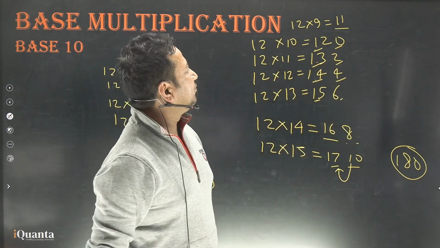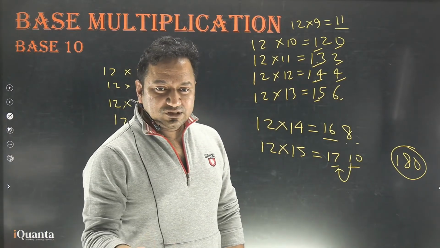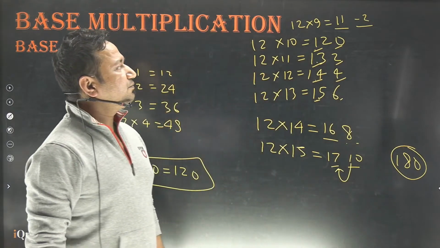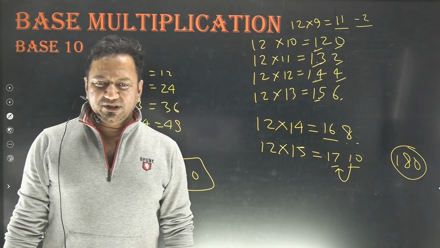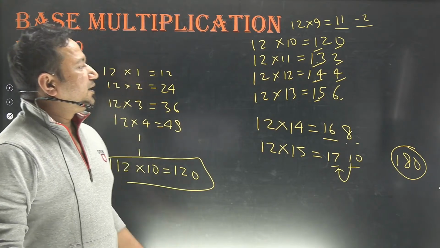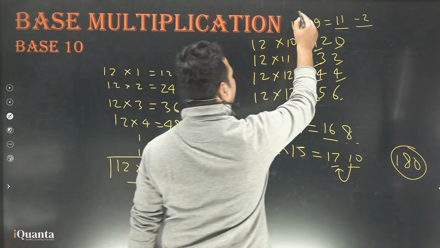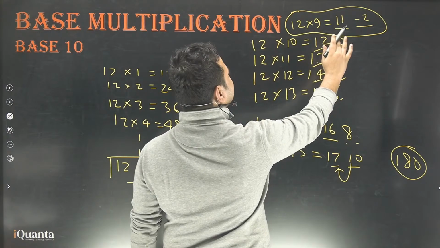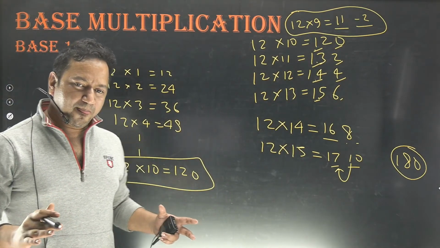What should come now? Two steps back. Basically, minus 2 should come now. Is that clear? Yes or no? Minus 2 should be there, right? You get that? Now, what is minus 2? Now understand this. I hope all of you have absorbed this information. Now I'll tell you what is happening over here.